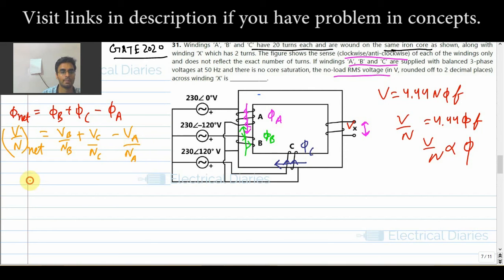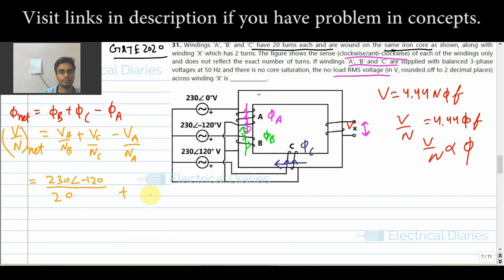Okay. So VB by NB is 230 by NB. Let each have 20 turns. Okay, and it is 230 at an angle 0. Don't forget it. VB is 230 at an angle minus 120